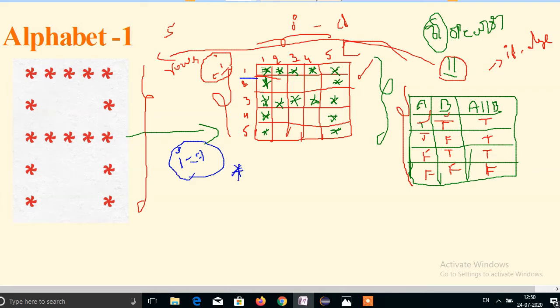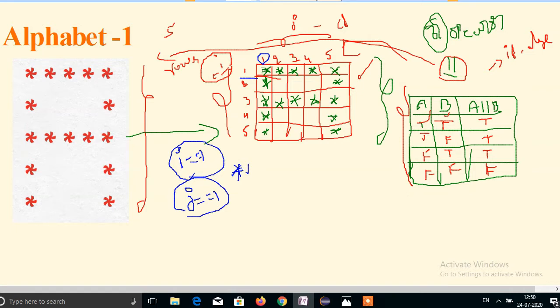Okay, next, whenever the j value, this is j, these are columns, so I will take the j value. Whenever j equals 1, we will print a star.